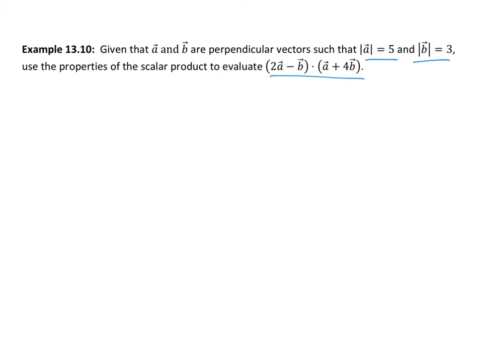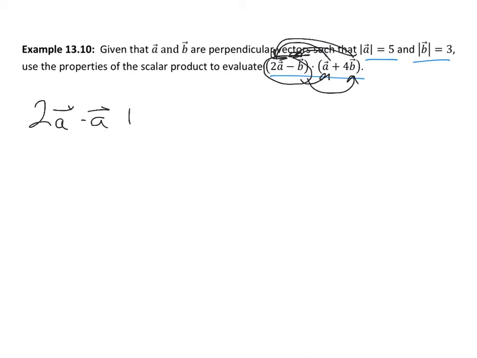The first thing I'm thinking is we know that the dot product is distributive, right? I can distribute the dot product across addition. But if I can distribute the dot product across addition, it basically means that I can also sort of FOIL a dot product. I could distribute this thing to A and to this, and then once I distributed them, I could distribute the A to this one and to this one, and the B to that one and to that one, right? So at the end of the day, what this means is that I can do 2A dot A,